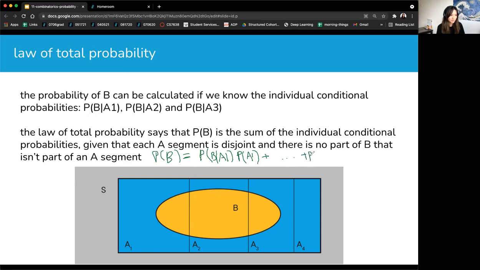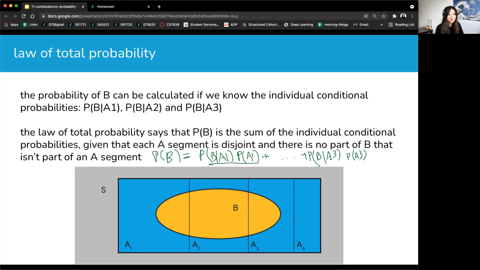So plus the probability of B given A3 times the probability of A3. So if you don't know B, but you happen to know these specific conditional probabilities, you can